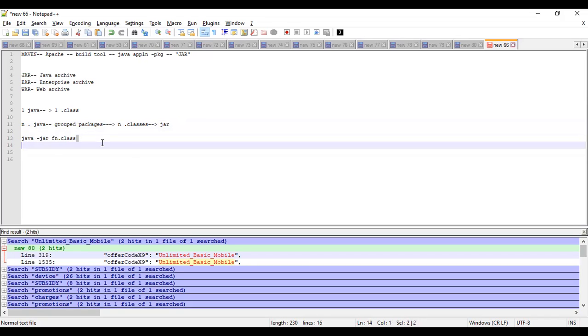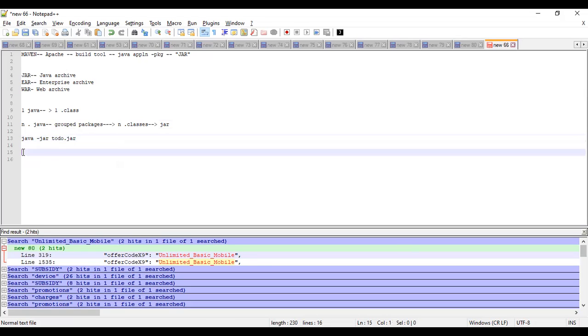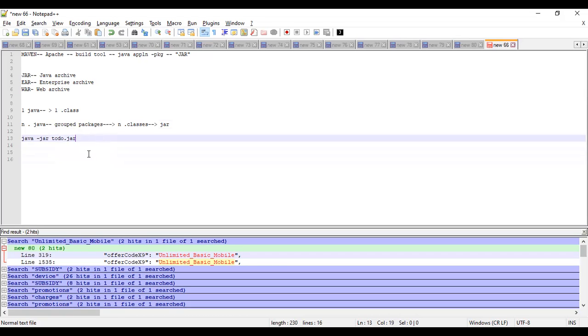But if you want to execute the entire .class files, which are interconnected together as an entire program, then we just execute this particular jar. Let's say it's the to-do file, so to-do.jar. This would be the structure for you to execute it. So this would be the way we'll be grouping the Java classes into a jar, where we build everything as a combined, single package, and post that we'll be using this jar to run our application.